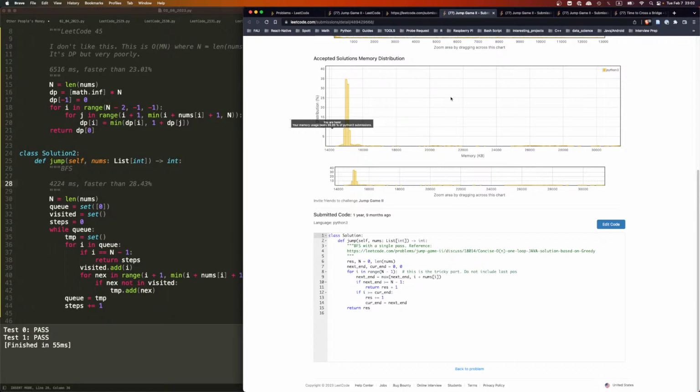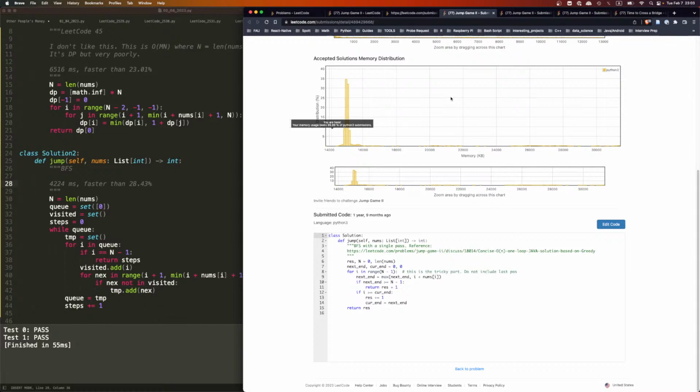Huh? Next end, and we try to go as far as we can. Next end is next end, and I plus the furthest we can go. If I can reach it, we're done. If not,